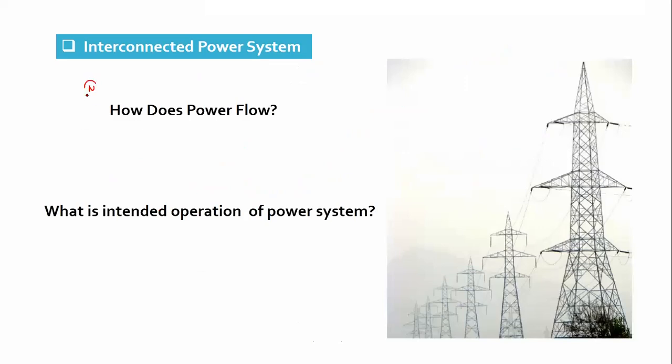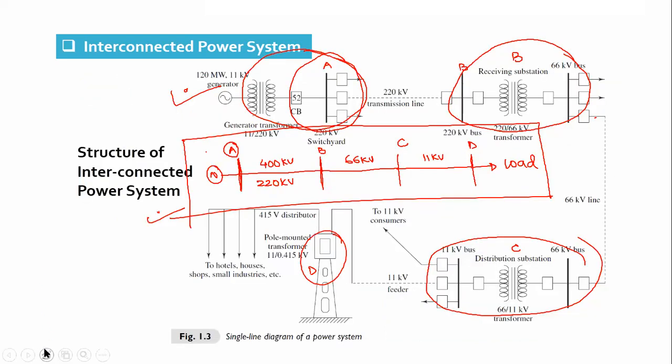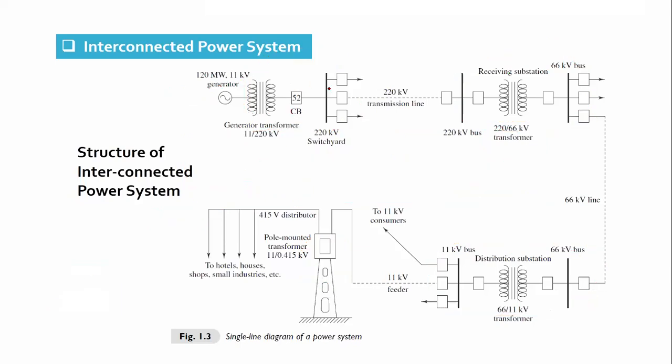For example, if I ask you, suppose this is substation A, for example, substation B. It is a 220 kV line. So obviously the voltage here will be 220 kV at this bus bar. Voltage of this bus bar will also be around 220 kV, considering that voltage regulation is maintained properly, and that is why we can say that the power transfer is EV over X sine delta.